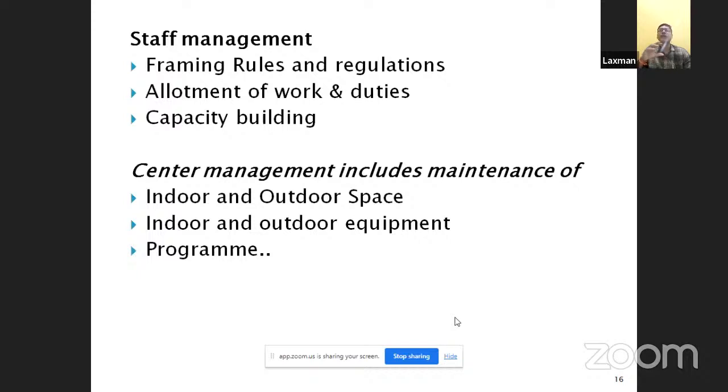Center management includes maintenance of indoor and outdoor space. How you are utilizing the indoor and outdoor space to prepare different types of activities. Indoor and outdoor equipment: yesterday, in the previous class, we discussed what equipment should be available in the daycare center. So we need to plan according to this and maintain some indoor and outdoor equipment